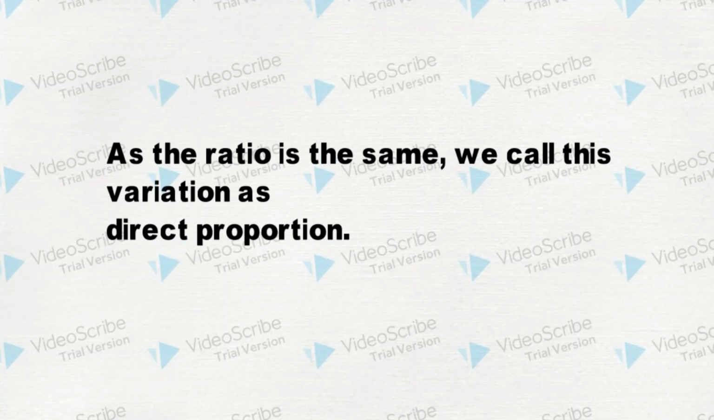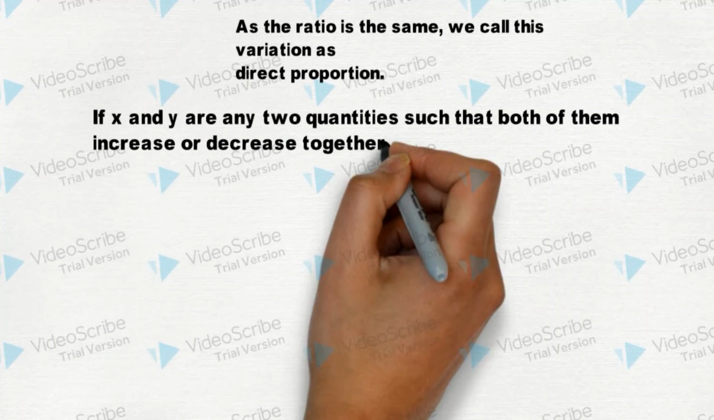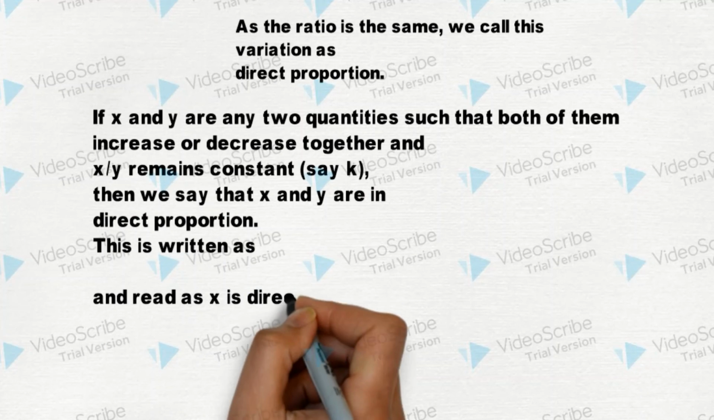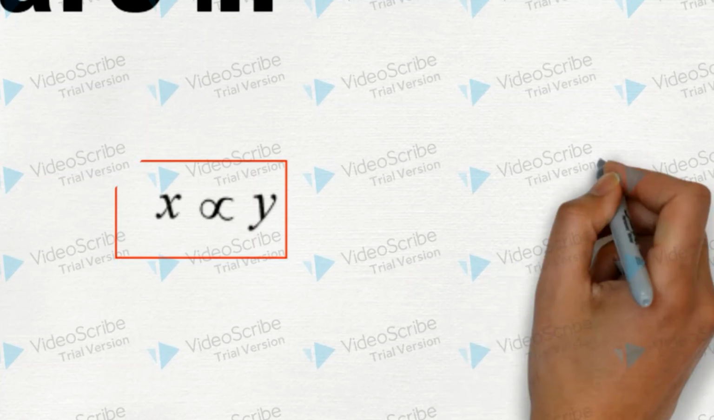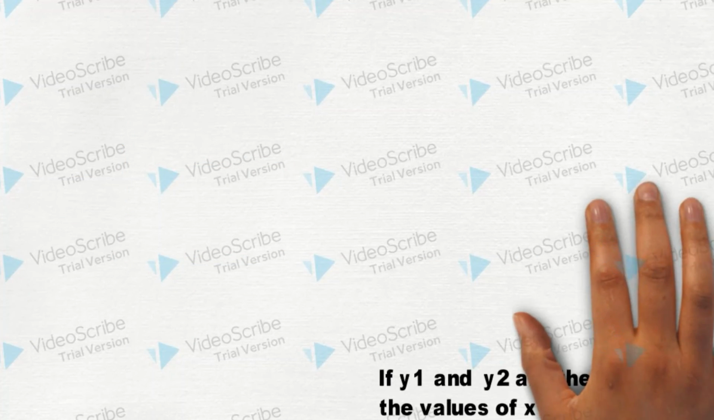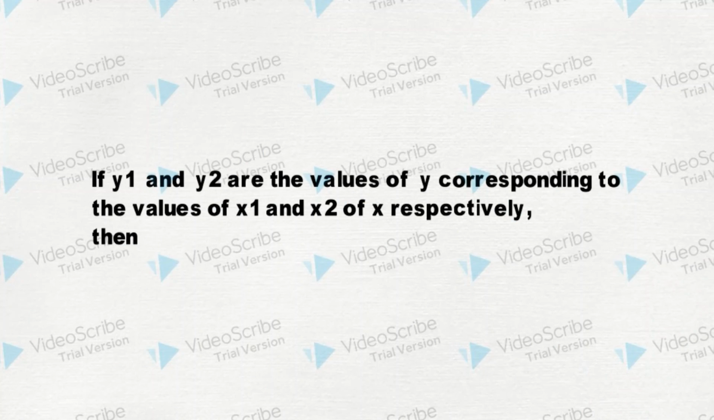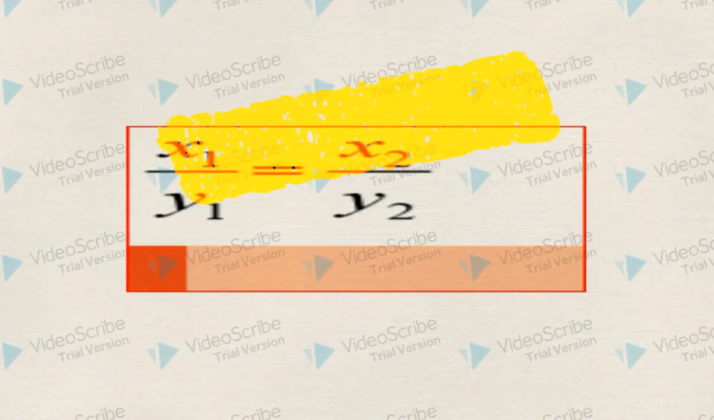If x and y are any 2 quantities such that both of them increase or decrease together and x/y remains constant, say k, then we say that x and y are in direct proportion. This is written as x ∝ y and read as x is directly proportional to y. If y1 and y2 are the values of y corresponding to the values of x1 and x2 of x respectively, then,